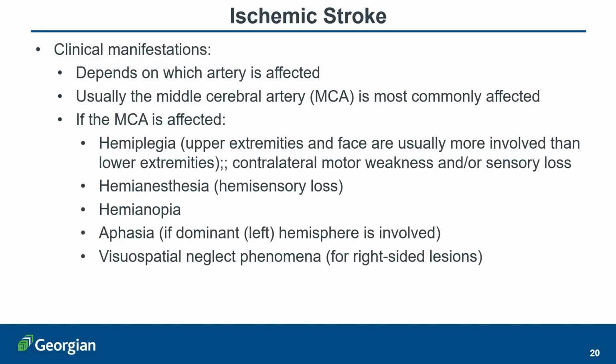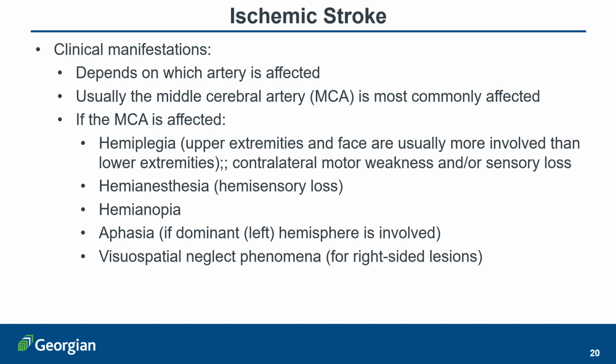affected, then the clinical manifestations for ischemic stroke include hemiplegia, whereby the upper extremities and the face are usually more affected compared to the lower extremities. That is not a surprise because the MCA supplies the motor cortex, and the motor cortex is made up of large areas that control the upper extremities and the facial muscles as opposed to the lower extremities. So the resulting effect is contralateral motor weakness, because usually only one lateral aspect of the MCA is affected, not both of them. So it is the contralateral side that is affected in terms of the motor weakness and/or